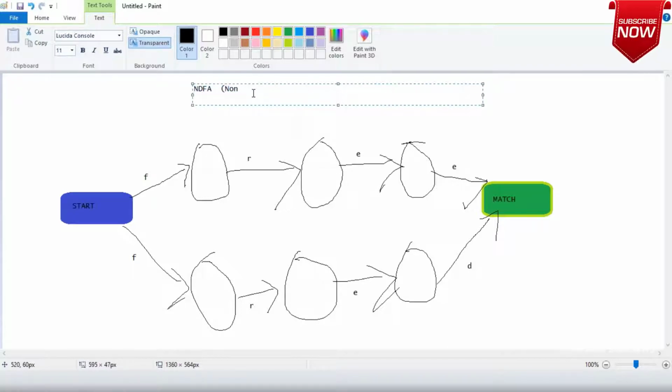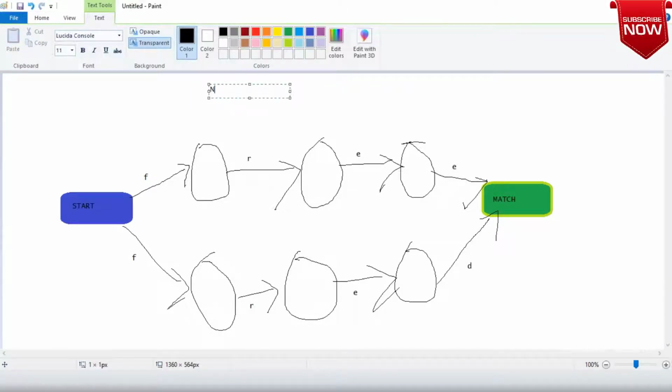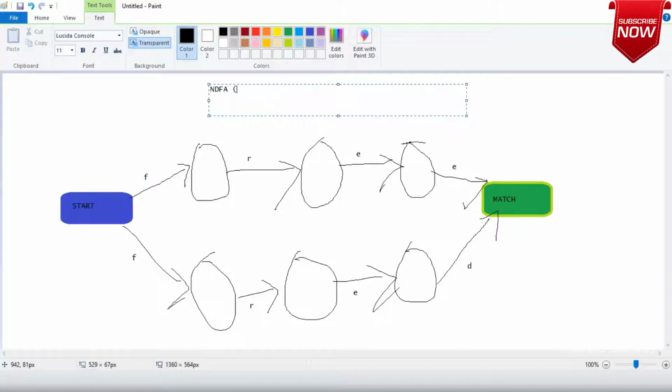Non-deterministic. Oh man, I have messed up something. So NDFA or NFA is what you would be referring to it as. Non-deterministic finite automata.